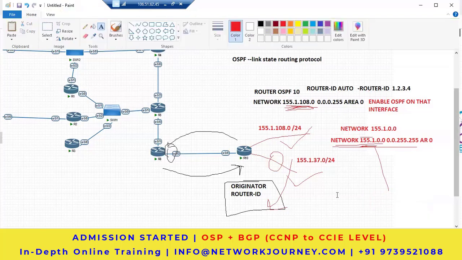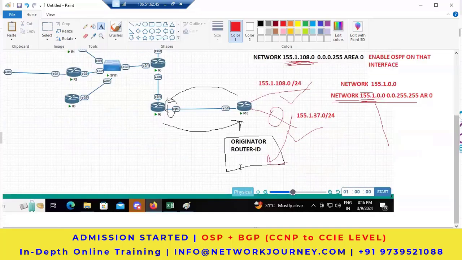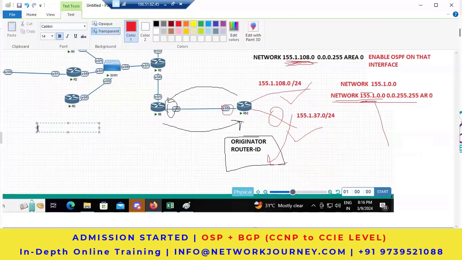All right. So is it clear, the two commands, router OSPF and network? What is the meaning of the network command? Now, what happened? The moment you enable your network command, obviously it will be enabled on this interface also, here on router 10. What is router 10 going to do? The moment it is enabled by the network command on any interface, the first step your router 10 is going to start